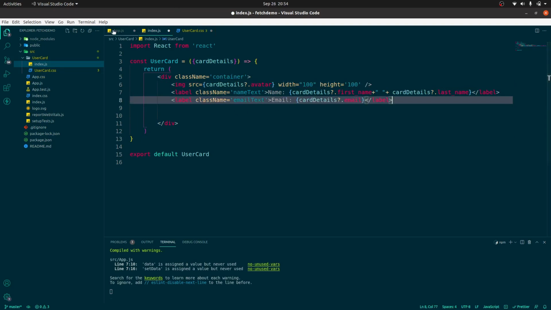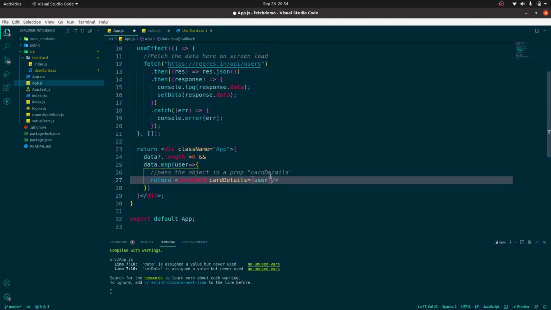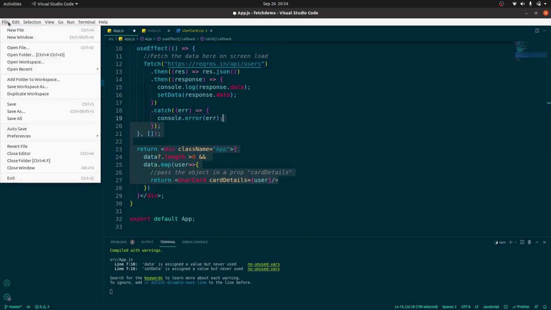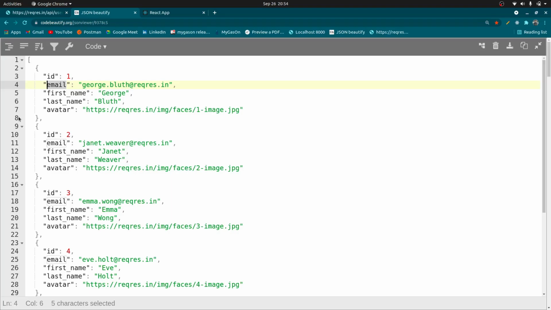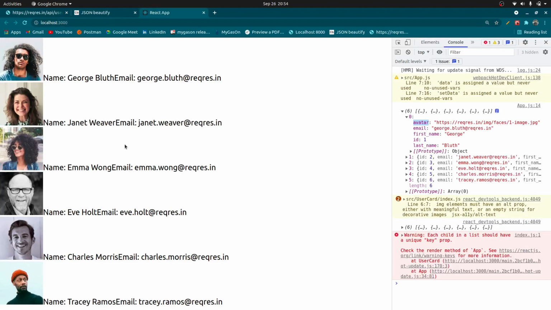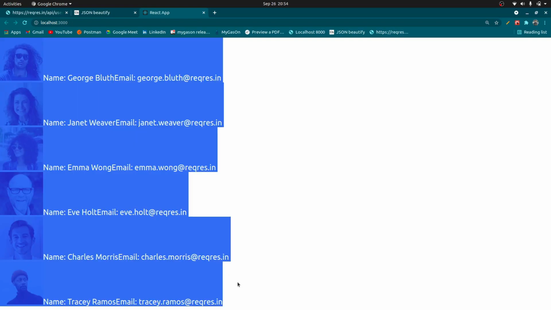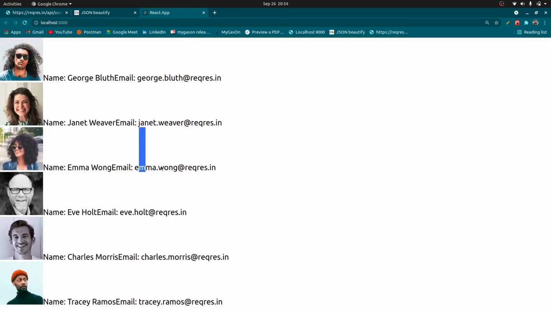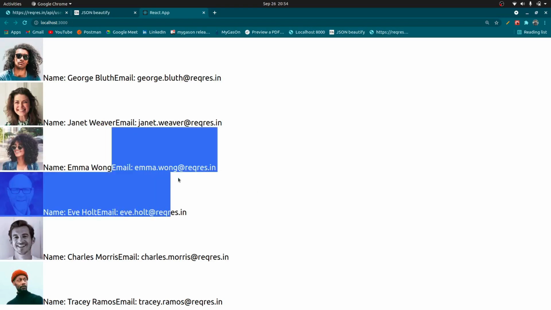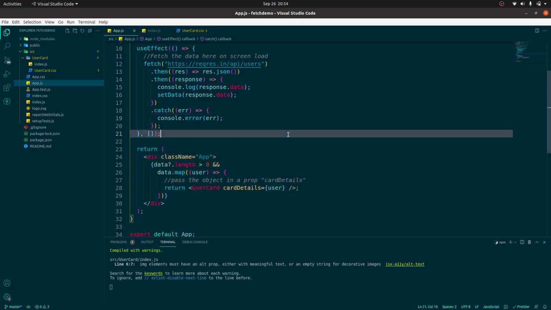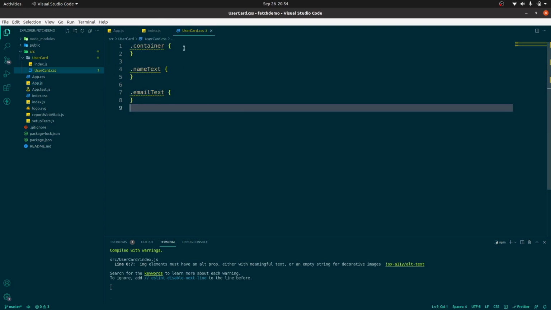Okay, so the skeletal thing is done. Now we can see all the data. Okay, let me just reload. Yes, if you can see, we are getting all the data, like the profile picture with the name as well as the email. Yes. So now actually the job is done, but